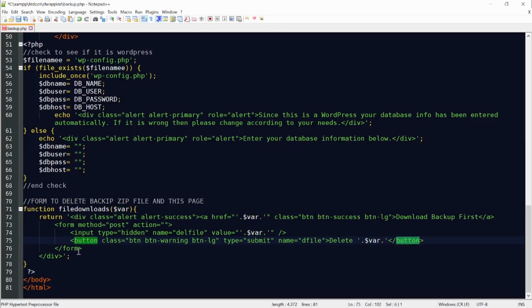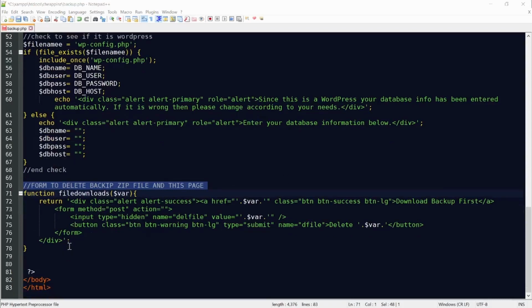I closed out the button, I closed out the form, and I closed out the alert. All right, so that's what I did on that particular function. All right, now this next one is the big one. Now I should do the form first, but we're going to kind of work backwards here, because I want to show you guys all the steps that I've done to accomplish this,